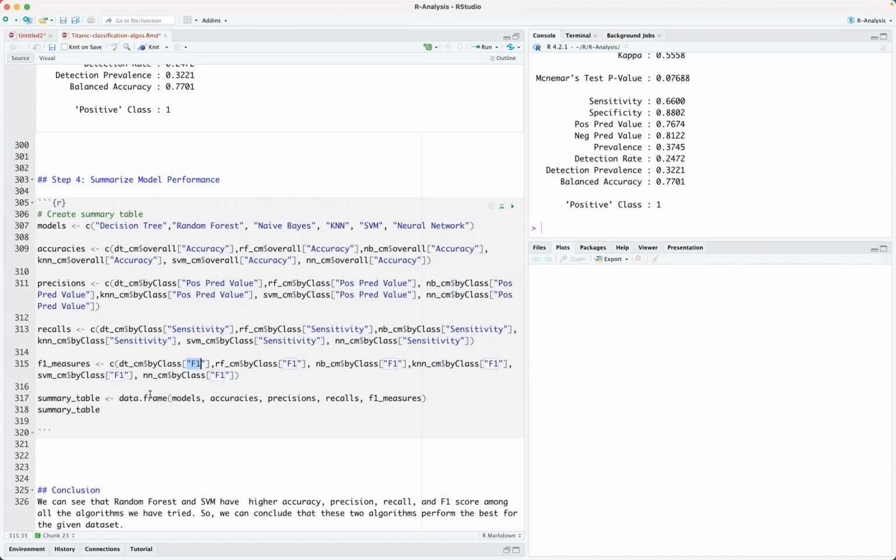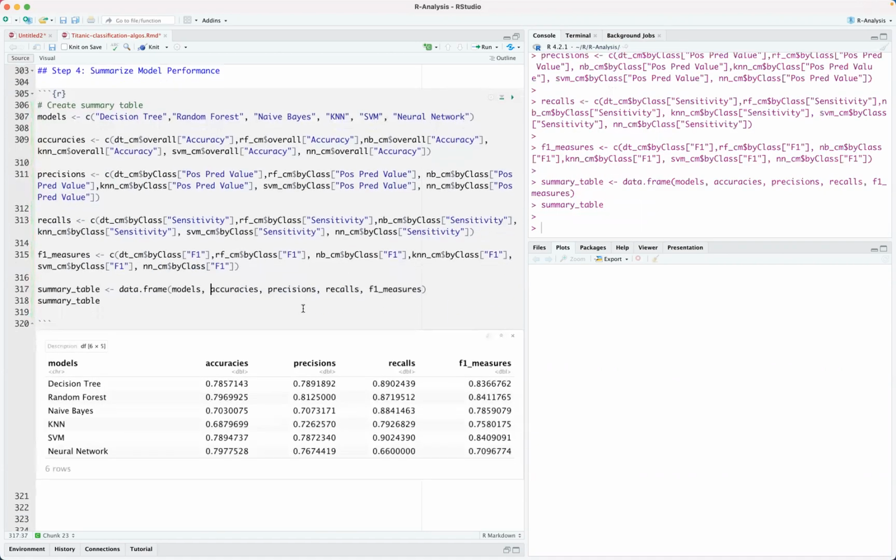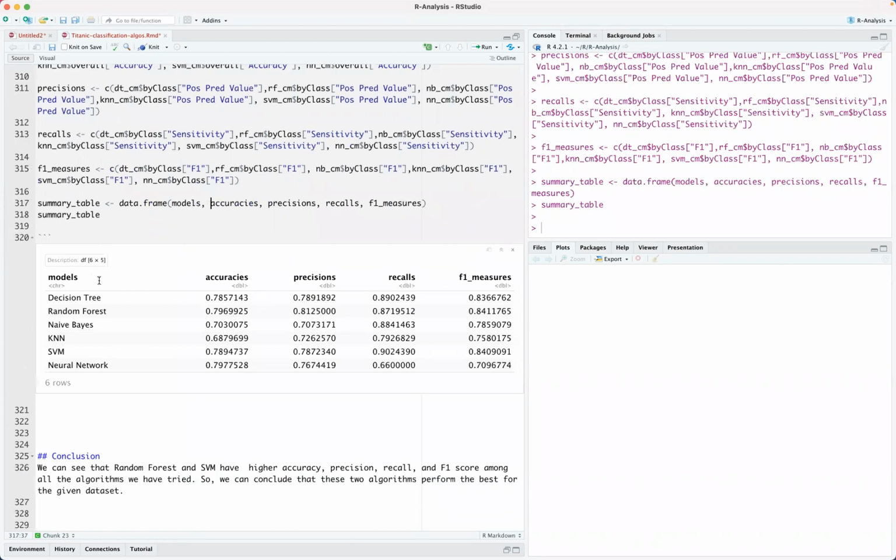And then lastly, we use the data frame, where we pass our model, then we pass the vectors. Remember, these are just numeric vectors. And then we summarize that. So when we run that, we can see a nice summary table with the extracted confusion matrix measures like accuracy, precision, recall, and F1 measure. So from here, we can already see